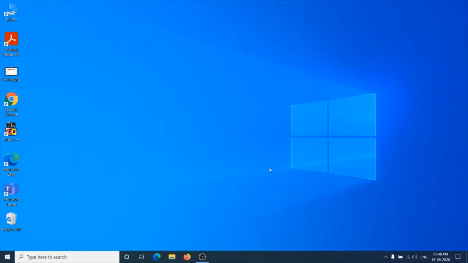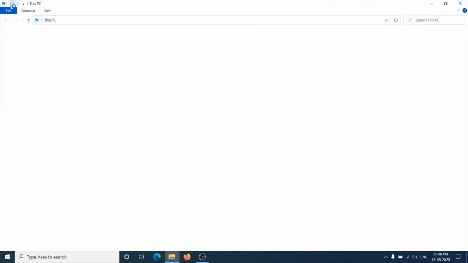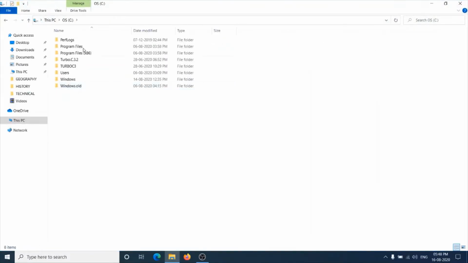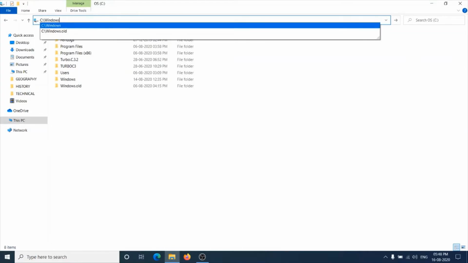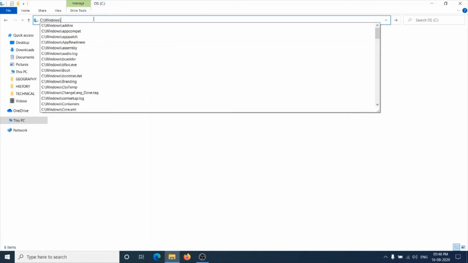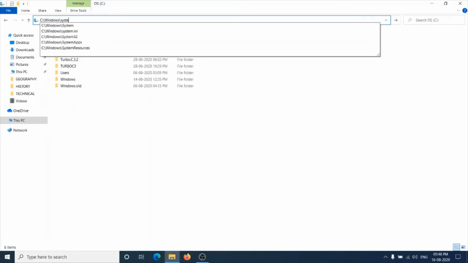Now we will see the second feature, which is the slide to shutdown feature. The slide to shutdown feature will let you shut down your PC by simply dragging the screen. To enable the feature, go to your C drive. After going to your C drive, now go to the Windows folder, then System 32,